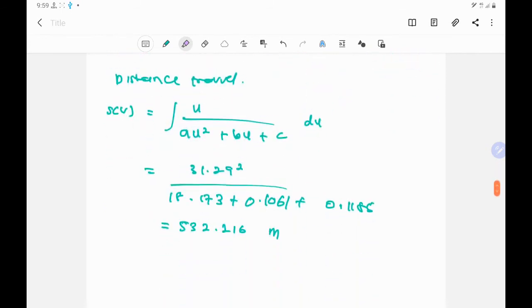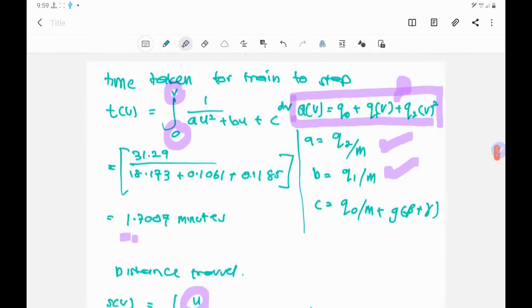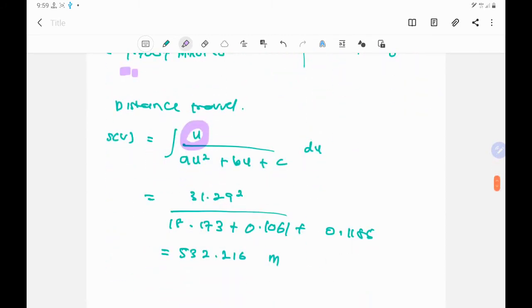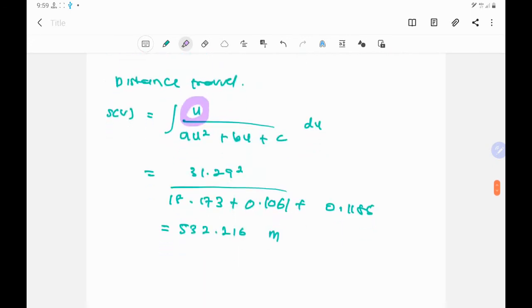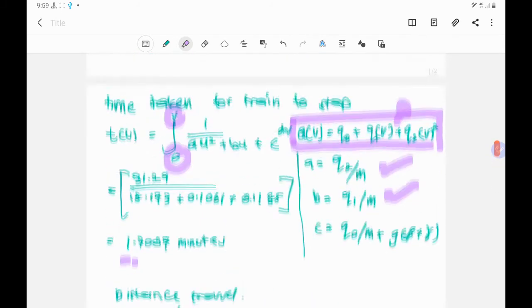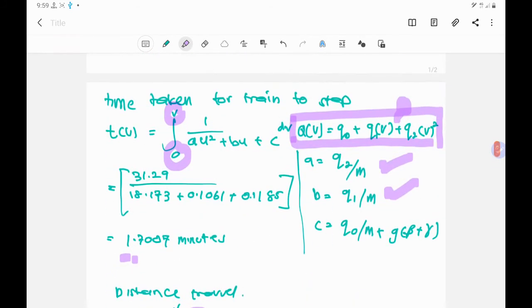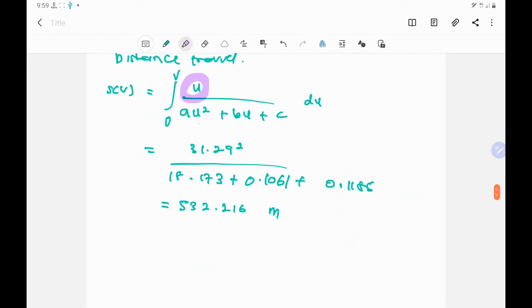Okay, for the distance traveled, we have the same formula, but we will integrate U, not 1. For the time we use 1, but for the distance traveled we use U, which is SV equal to, this is V, sorry, 0. Okay, U over A, which is we use the same values, same as the time taken formula. Okay, we can get